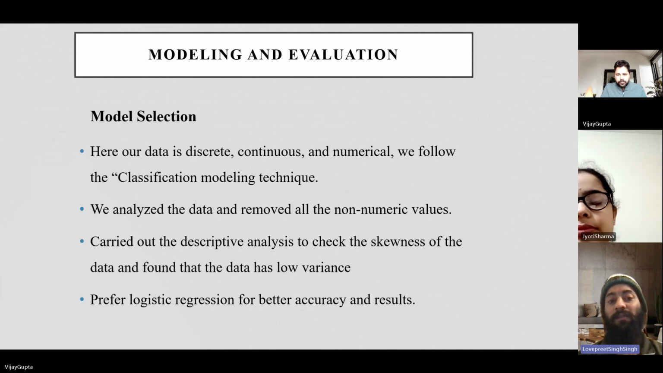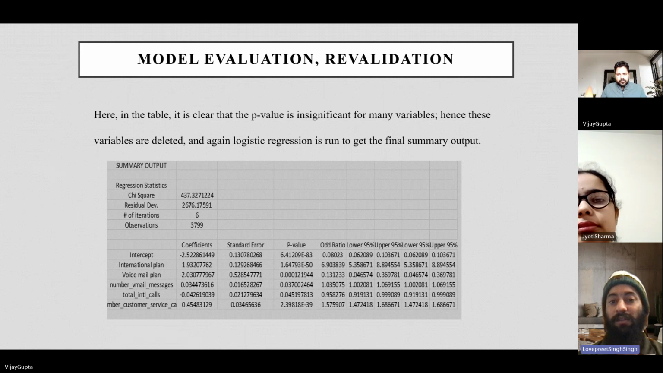And moving further, for model evaluation and validation, here in the table we can see that the p-value is insignificant for many variables. The data we use has 379 observations which we kept, hence these variables are deleted, and again logistic regression is run to get the final summary output. And the next slide is going to be